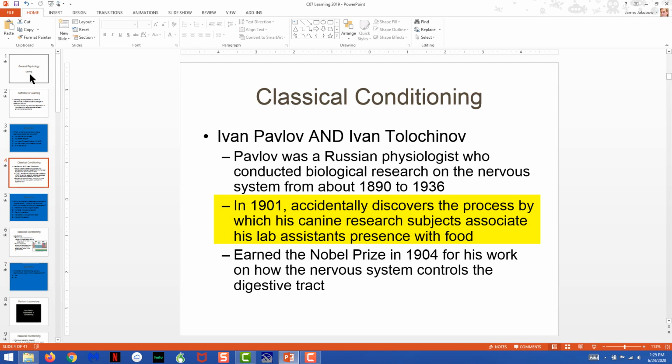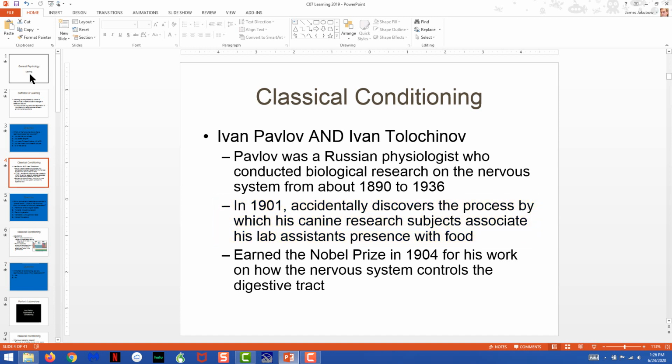Tolochinov was a psychiatrist. He had his degree, he had a full-time position at a psychiatric center, but he would actually volunteer his time in Pavlov's laboratory just to stay abreast of the most advanced techniques in psychiatry at that time. And it was Tolochinov who literally sat in the room with the dogs during the very first conditioning experiments that we all connect with psychology today. Pavlov essentially designed the experiments, gave the work over to Tolochinov, and Tolochinov carried them out. And all of that took place around February 1902.